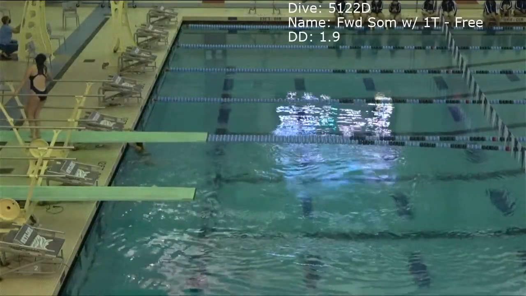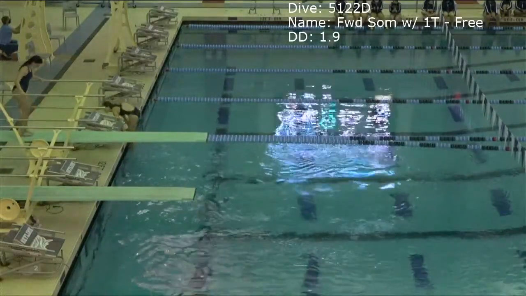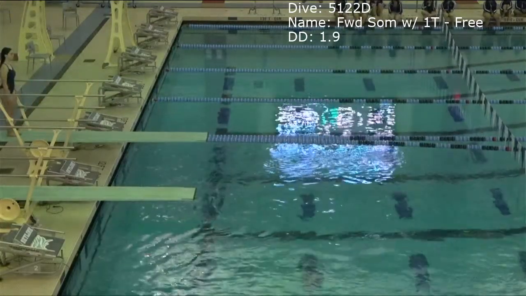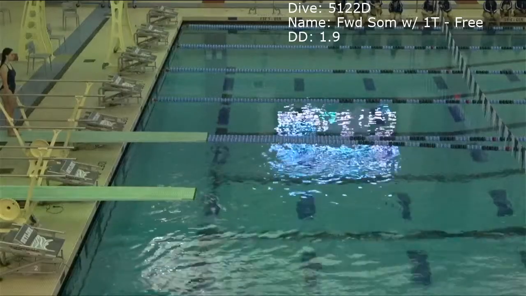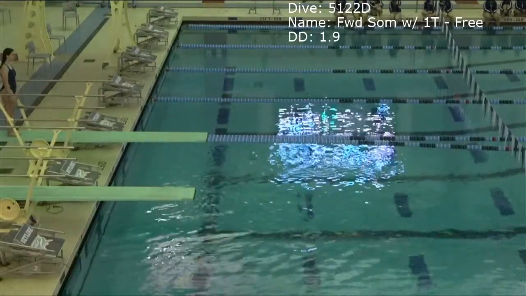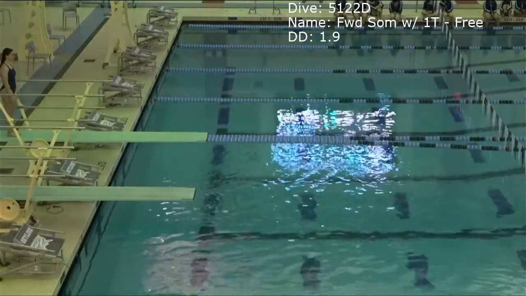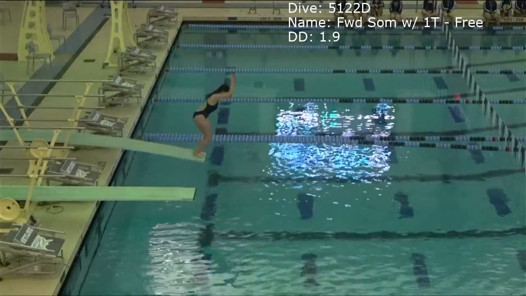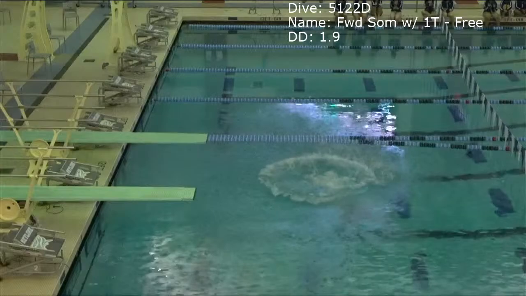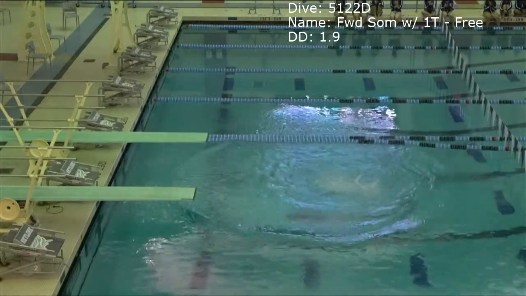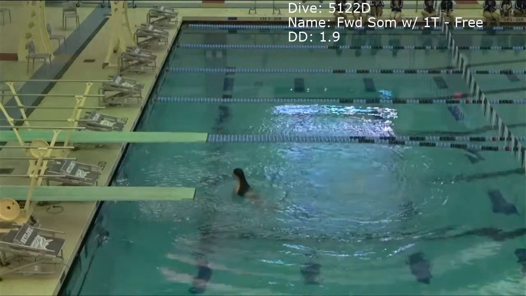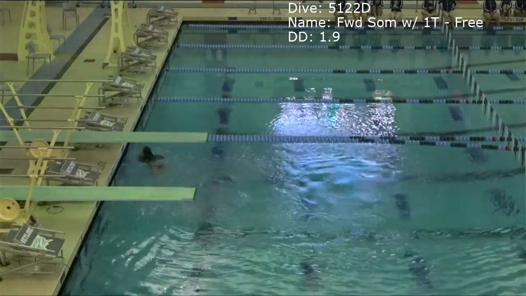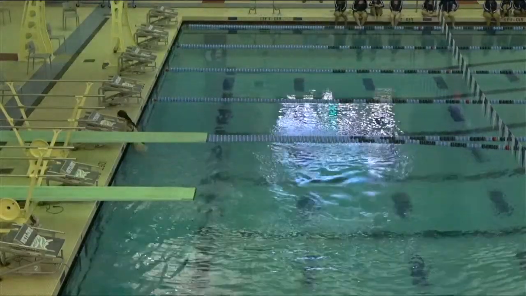Next is Maddie, diving a 5122D. That's a forward somersault with 1 twist in the free position, a degree of difficulty of 1.9. Scores for Maddie, coming up. 4.0, 4.5, 4.0 for a total of 23.75.